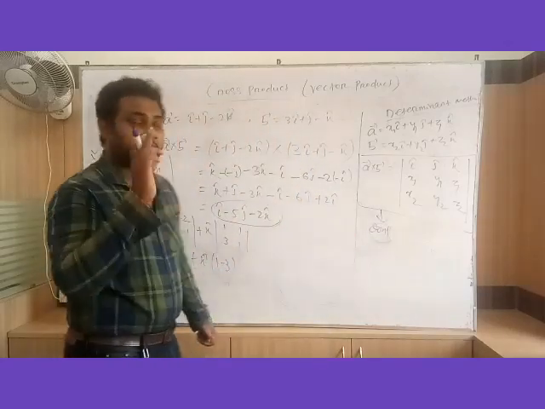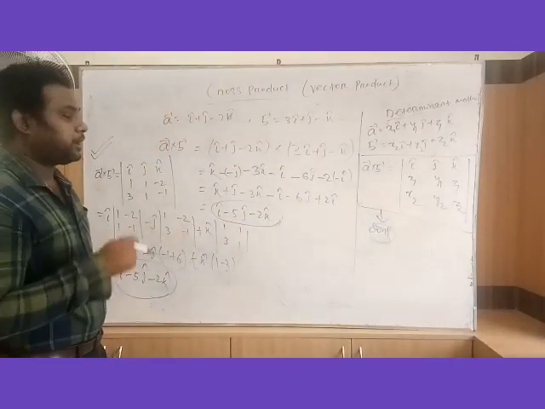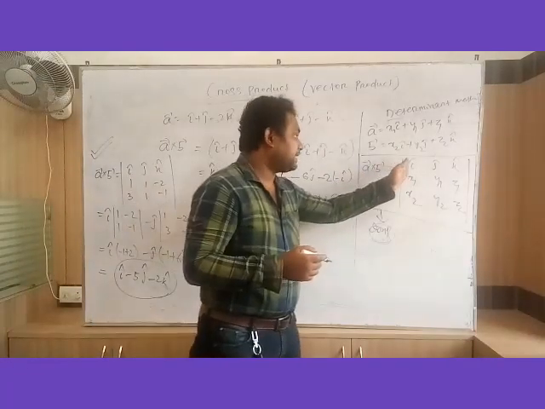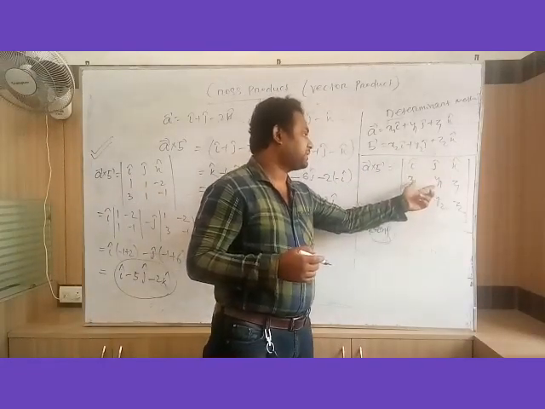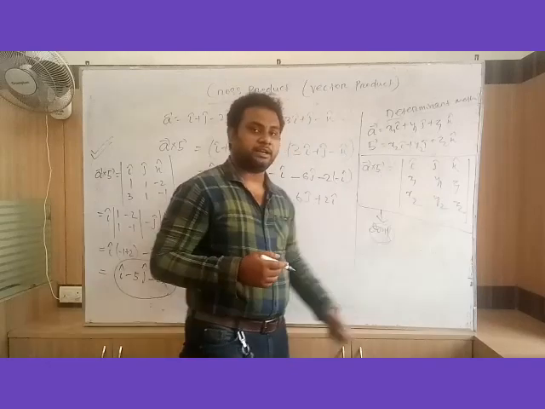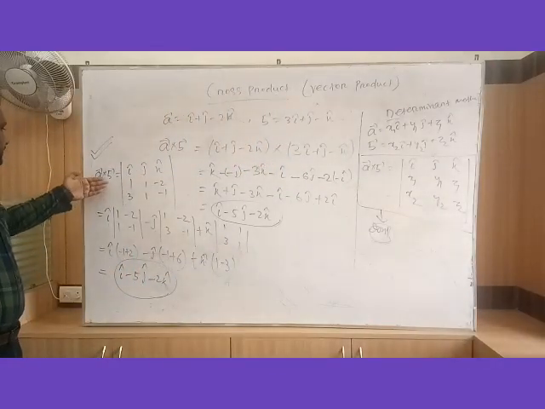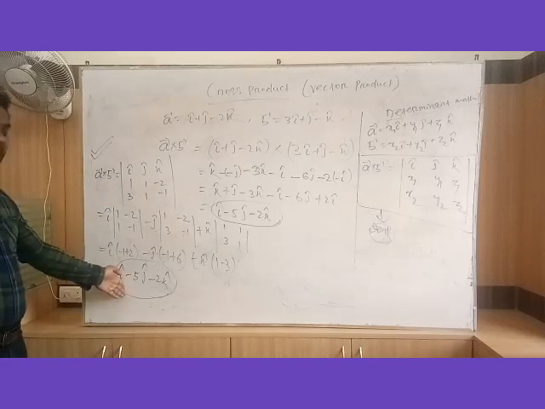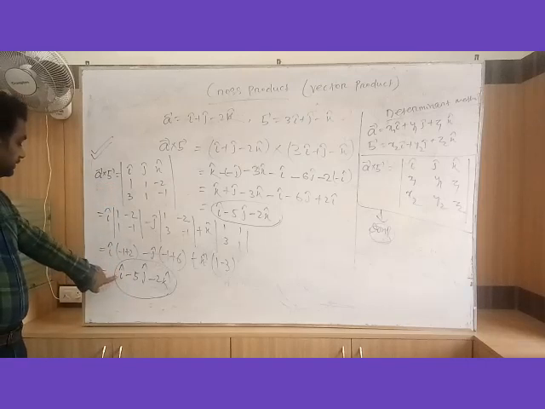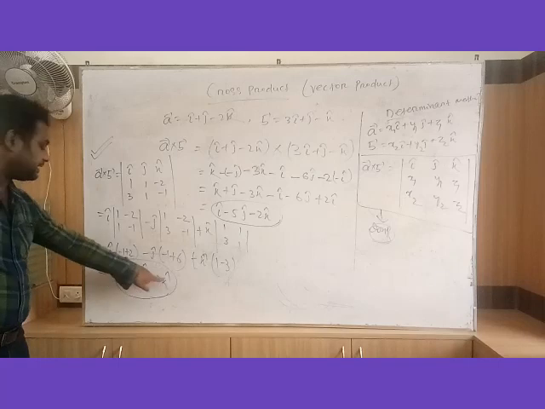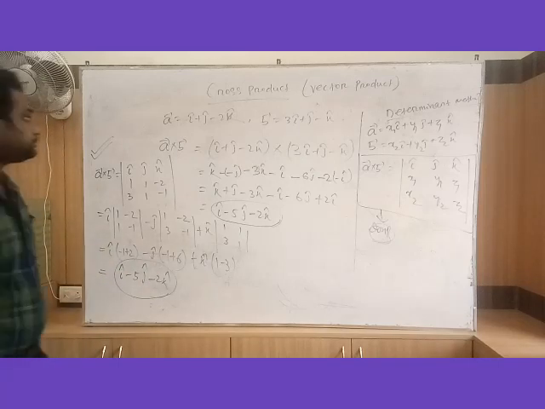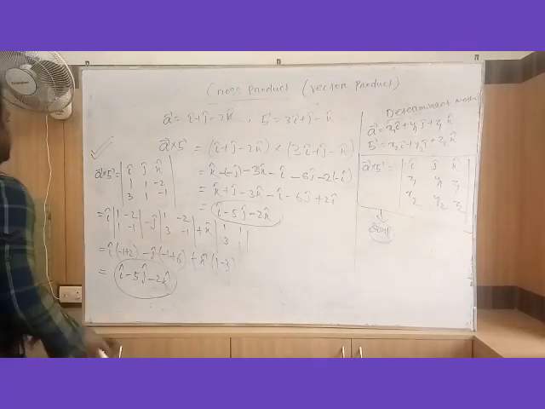To find the cross product or vector product of two vectors, just take i, j, k, then the first vector, then the second vector, and find the determinant. Okay, now we easily get the value of a cross b, which is a vector quantity, the vector product. See here, this is in i, j, k form, so this is a vector form. Okay, then come to the sign of the vectors.